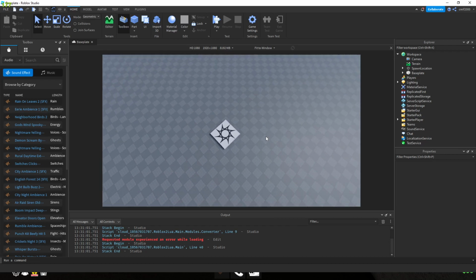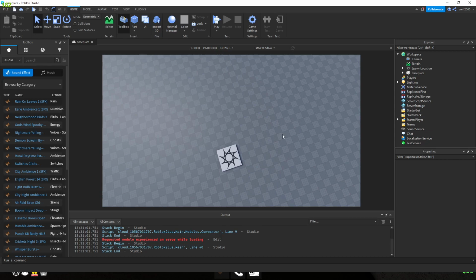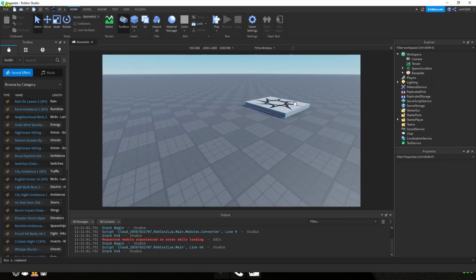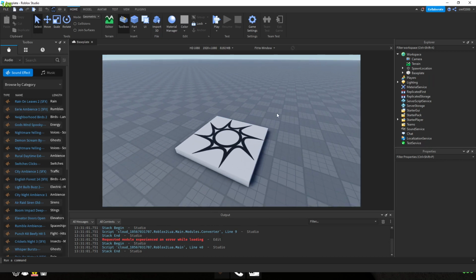I might make a tutorial in the future on an advanced version, which will use a drawing lib, and I might remake ESP with Highlight instead. But